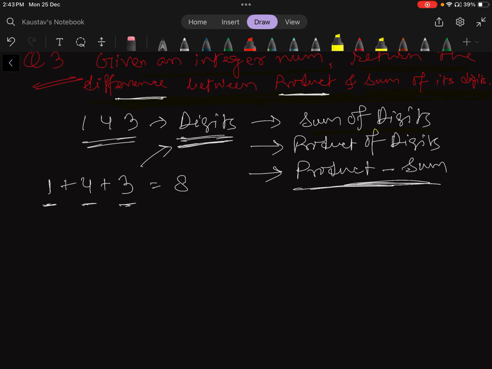Next thing we need to do is get the product of the digits. What is the product of the digits? 1 into 4 into 3